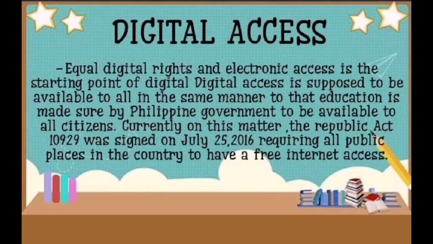Despite this law, maraming deprived sa internet access, kaya deprived of some resources. Dapat tayo maging produktibo sa lahat ng mga bagay, lalo na sa paggamit ng internet or sa pag-access ng internet.